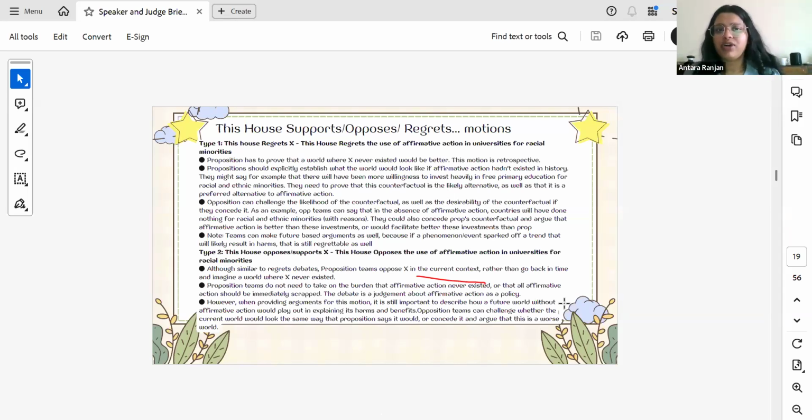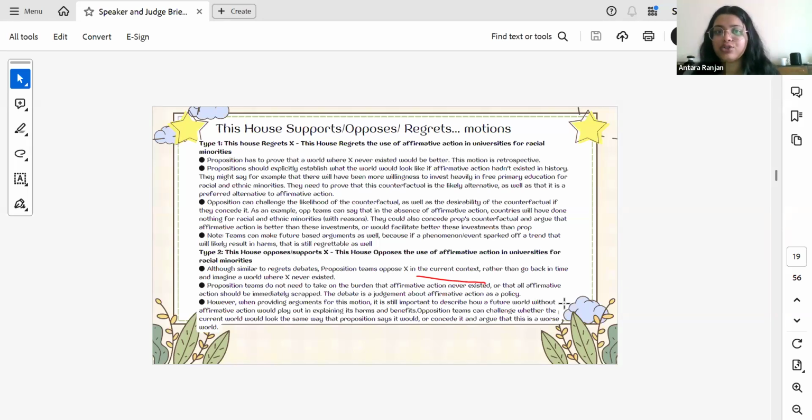So you have to prove to us that in a world where private transport never existed, the counterfactual which you are giving, which is public transport, would be better, is what would have for sure happened instead, right? That is the alternative, and that is the likely alternative. And secondly, that it is the preferred alternative. Not only is better public transport what would have happened, it is also what should have happened, right? It would make the world a better place.